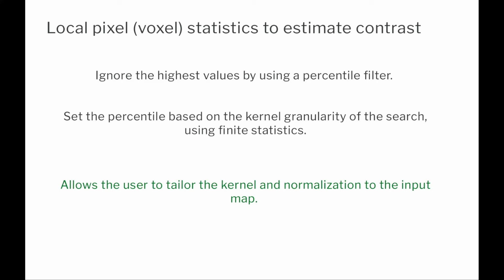So that percentile is derived based on finite statistics. Basically, when you give the input reconstruction, you determine some granularity for your search, how detailed your search should be. That determines the size of the region around each point where you want to probe. Based on how big that region is and how many pixels there are in it, Occupy then derives a percentile to use. This roundabout way of doing it allows you to just change what the kernel is, what the granularity of the search is, and any normalization factor, and then the program will adapt to it in a very simple and robust way.